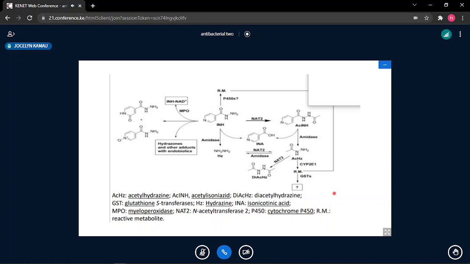The reactive metabolites are responsible for a lot of toxicity, including hepatotoxicity, and of course other tissues, because they bind the tissues, cause tissue death, and therefore can cause very serious toxicity. So that's the metabolism of